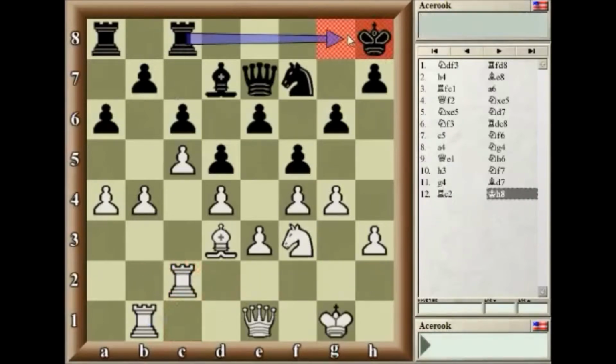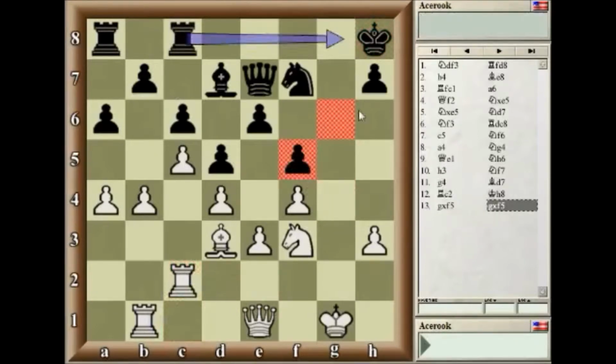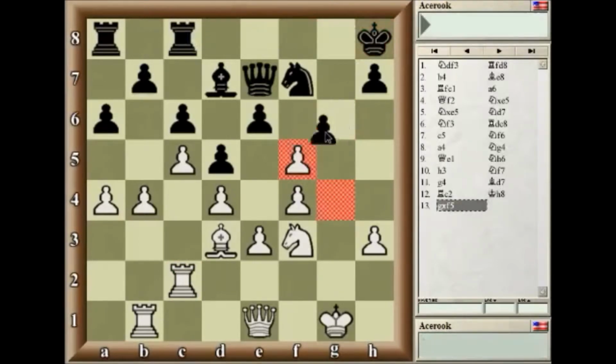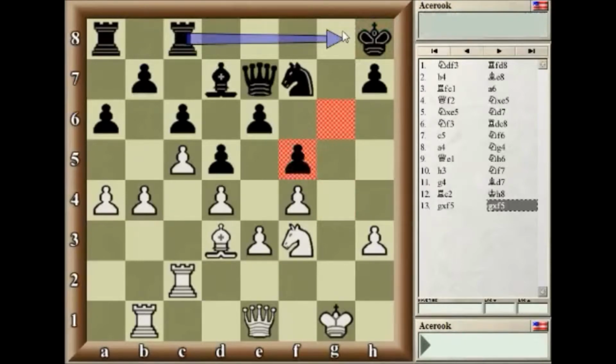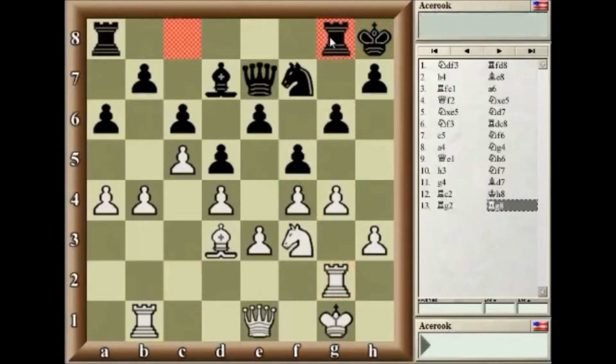King h8. So maybe, hey, are you going to open up the position and then get this rook here, right? No, probably not. But that's what Black is hoping for. That hey, maybe he's going to take this, and then I can take, and then maybe I can get this g file first. White's not going to have any of that. So after king h8, rook g2, rook g8,